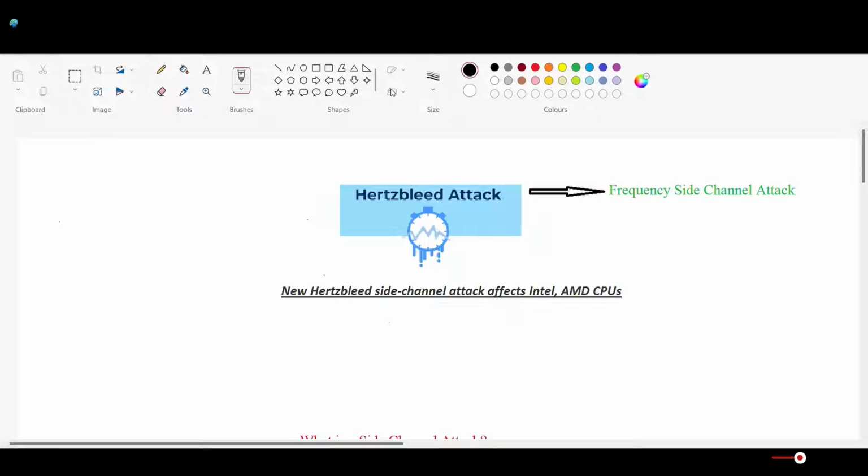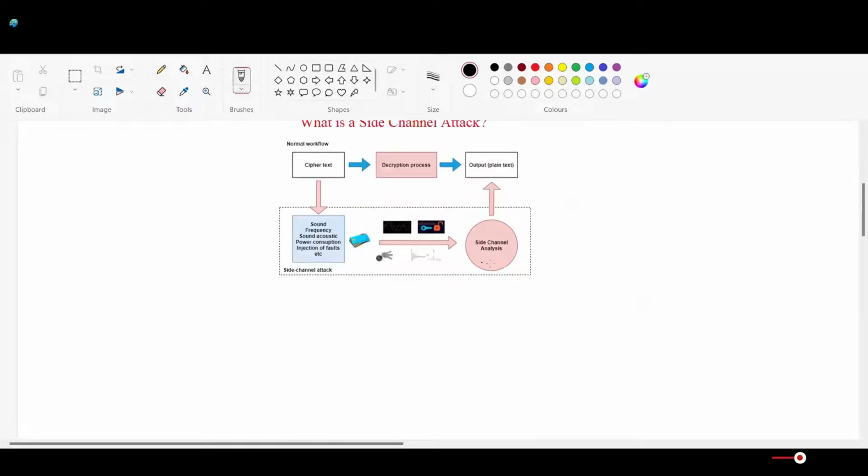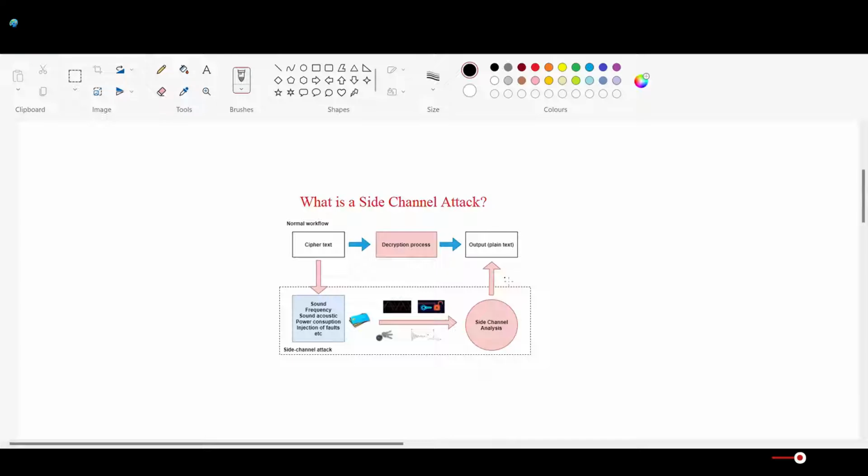Before talking about this attack, let's discuss what a side channel attack is first. A side channel attack is a security exploit that attempts to extract secrets from a system or a chip. This can be achieved by measuring or analyzing physical parameters